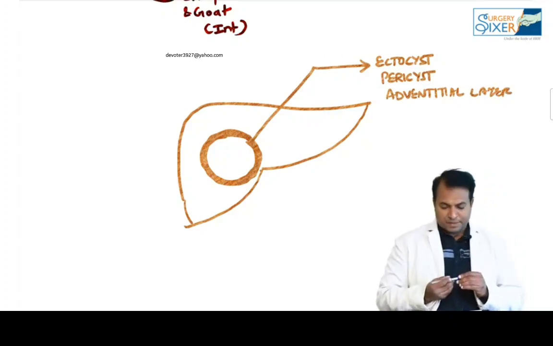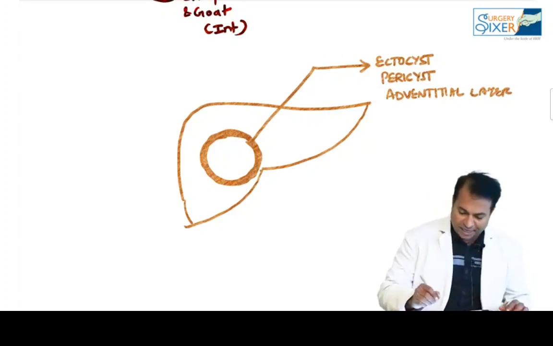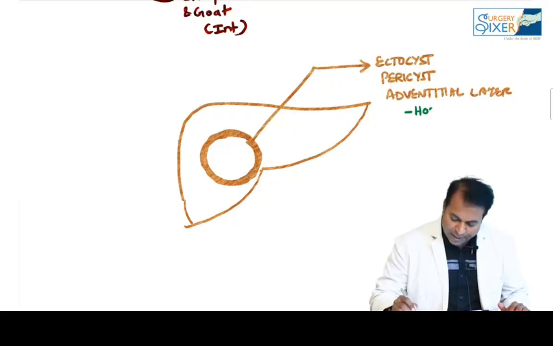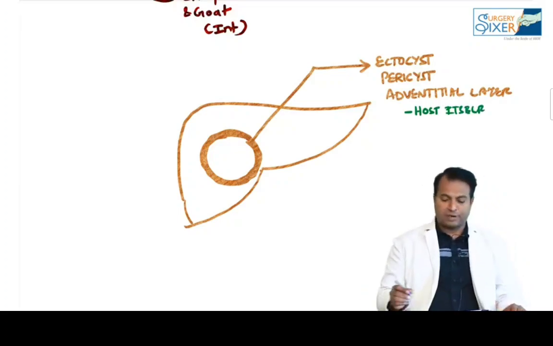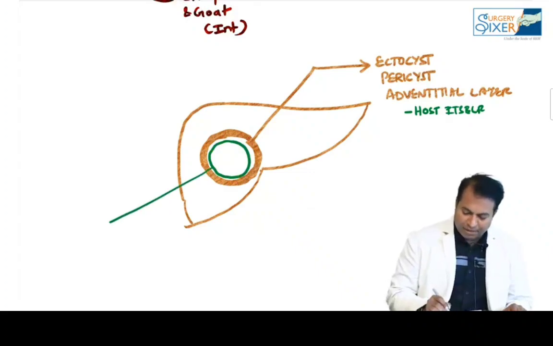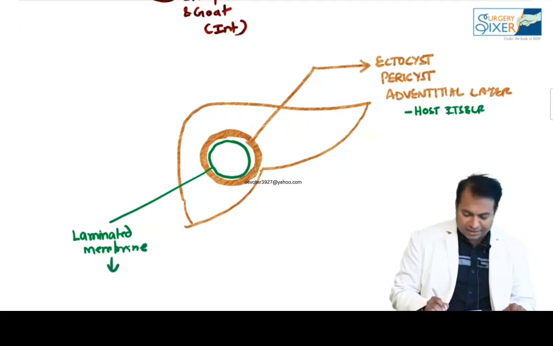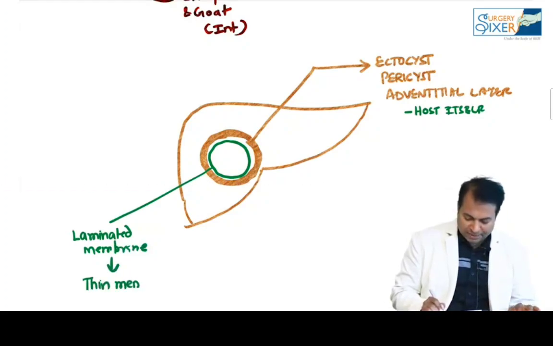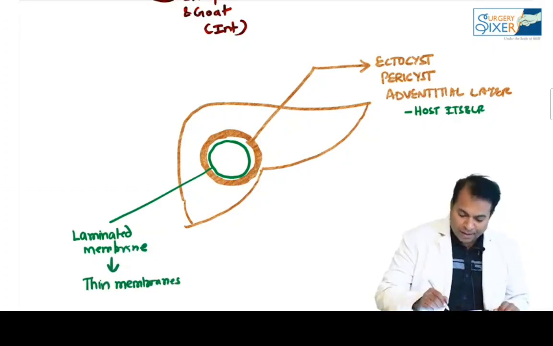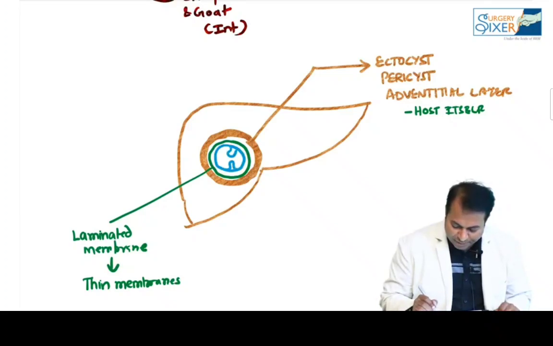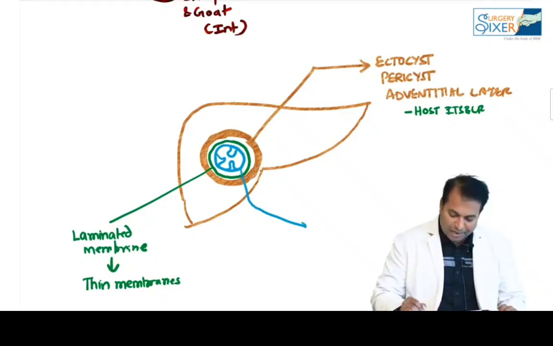So please remember, the cyst wall, ectocyst, pericyst or adventitial layer is derived from the host tissue itself. It is a very thick wall. Then comes the second layer, which is the laminated membrane. It is a thin permeable membrane that selectively allows some contents, selectively allowing energy to the daughter cyst seen inside. Energy to this daughter cyst is coming through this laminated membrane, and this layer is known